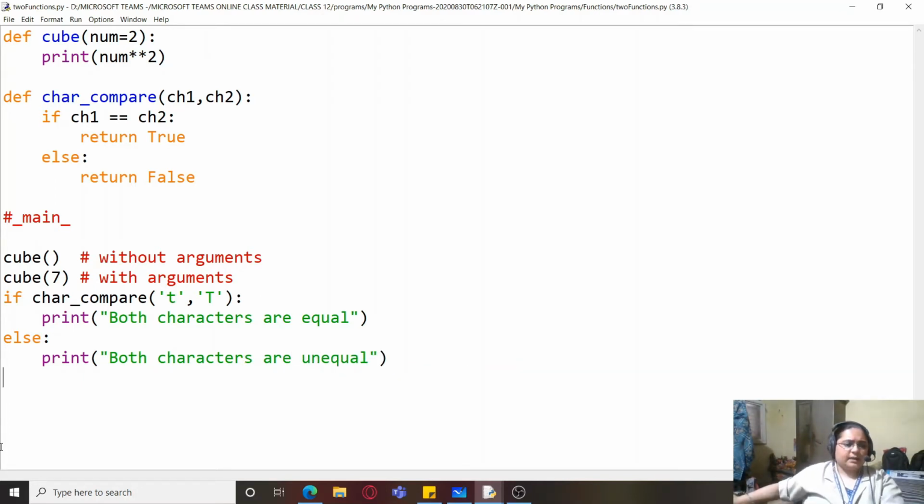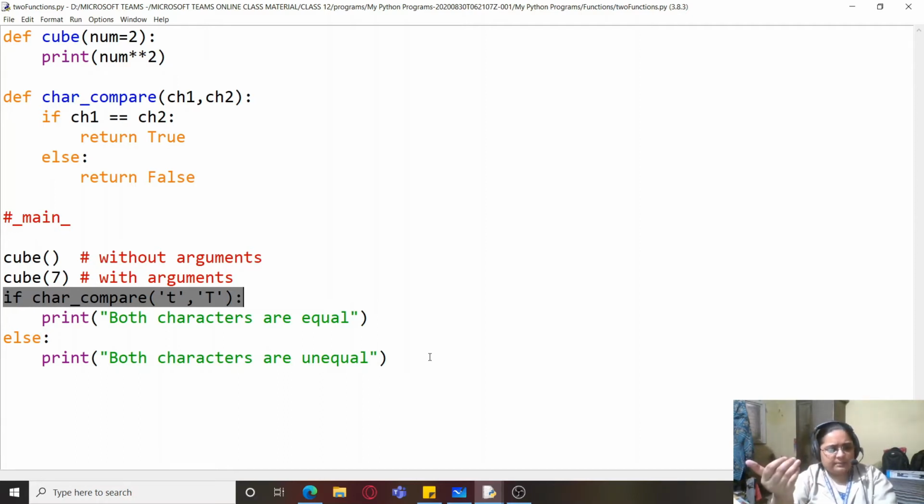So if char compare means you don't have to explicitly write equals to true, because Python is an expressive language. If you write it like this, it automatically means we are testing this condition for a true value. So if char compare, that means both the characters are equal.